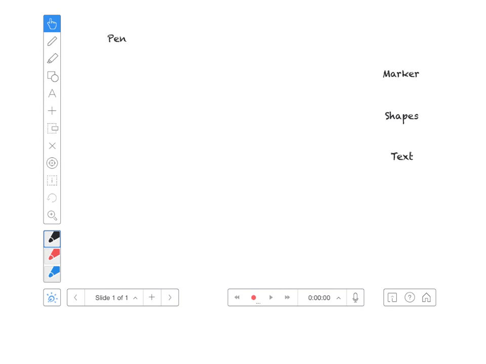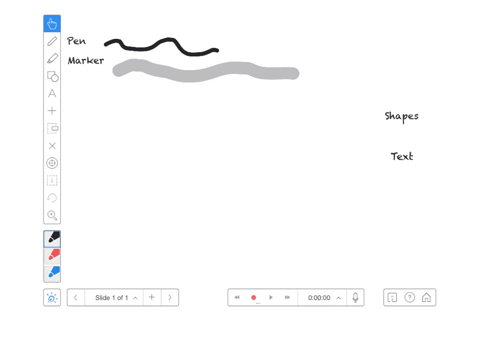Your next tool, underneath the hand, is the pen. The pen is the tool that you can use to write with. It has different choices of sizes and colors that you can use. Right underneath the pen is the marker, so it's a little bit thicker, and you can also use it like a highlighter to highlight text if you change the color to a yellow